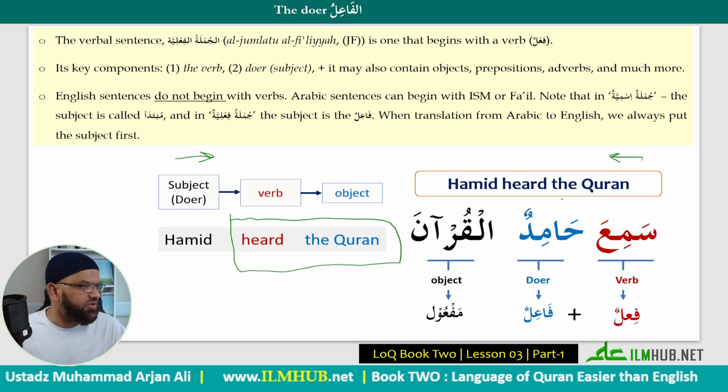I can have the verb coming first. So sami'a means he heard. And again, you've seen the scale already. You should be able to recognize fa'ila. I think I did alima in the previous lesson, so exactly the same: the middle root letter taking a kasra. So this is your verb. The verb comes first. Then we have our doer.